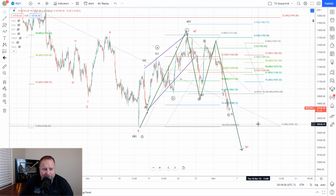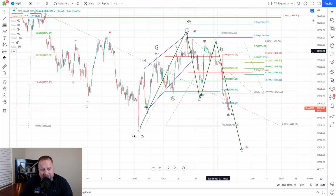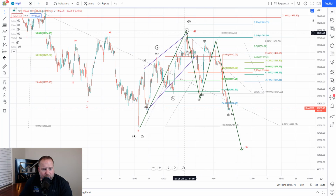has been a diagonal. It is not an impulsive move, and this is not an impulsive move if you look at it. It's very clearly not impulsive with the move down and the bounce up and then the move down. This is clearly a 3-wave move down and then a 3-wave move up. So not impulsive here on the move down, and we are tracking diagonals, which would be a three-wave move, so that makes sense. So you'd have an A, B, C down on the NASDAQ into that 10,000 to 10,200 area